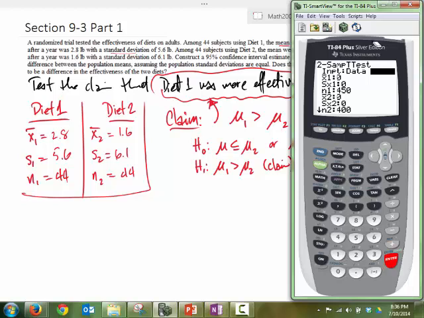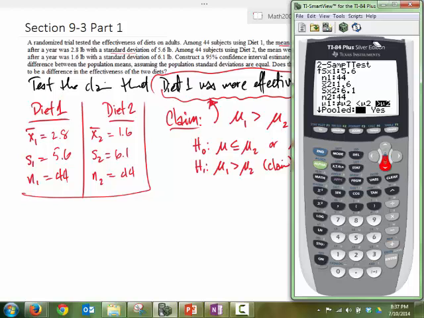So we don't have the data, we have statistics that we're about to punch in here. So let's go to the stat side of things, and let's type in all our information. Our x1 bar, if you labeled it correctly, makes it easy for you to input it into your calculator. The S1 is 5.6, the N1 is 44. The second mean is 1.6, the standard deviation is 6.1 for the second, and again it's 44. And if you keep scrolling down, we have our alternative hypothesis, which is a greater than symbol, and one more down, this is where